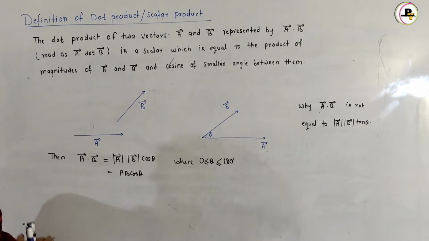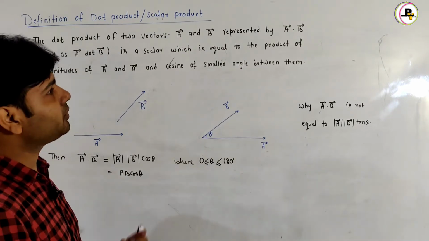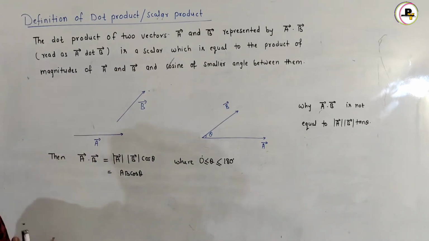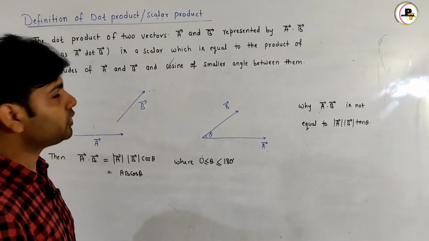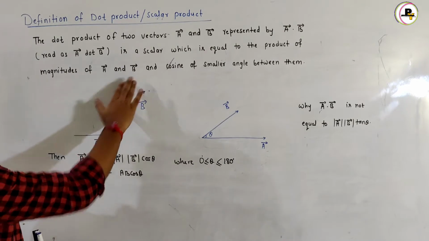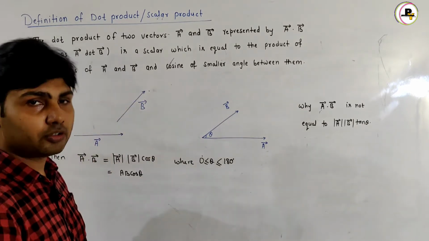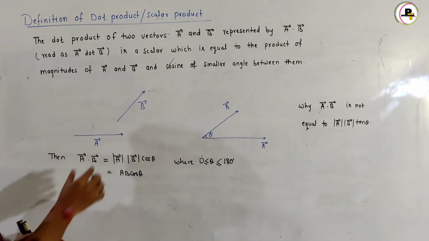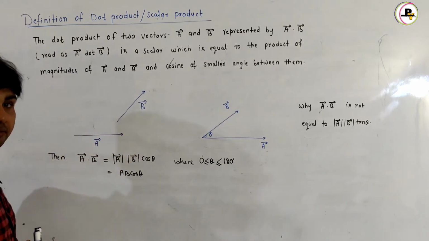The dot product of two vectors, vector A and vector B, represented by A dot B, is a scalar which is equal to the product of the magnitudes of vector A and vector B and the cosine of the smaller angle between them. If I have taken two vectors, vector A and vector B, which are given in